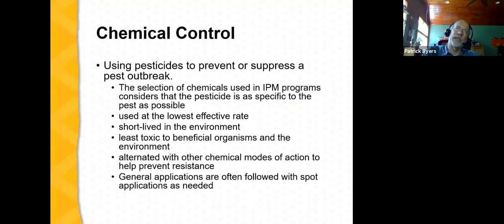And third, to minimize the damage that chemical might do to the environment, to beneficial insects, or to other helpful things that might be present in the environment where the chemical is being used. So again, a very deliberate process. Make sure that the pesticides chosen are specific to the disease. Use at the lowest effective rate. Try to select those that are short-lived in the environment. Yes, they may need to be applied more than once, but generally you limit collateral damage if you use pesticides that are short-lived in the environment.